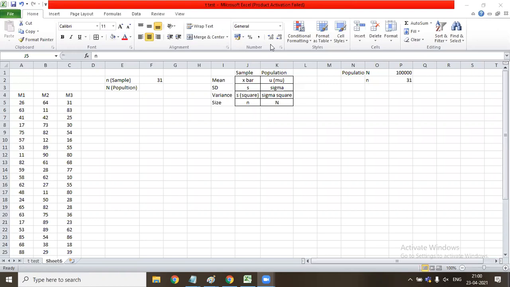Sir, how are we going to calculate the variance together, as you said? I have M1, M2 and M3. If I place M2 under M1 and M3 under M2, and take the standard deviation of all together and square it, then I'll calculate the variance. What do you mean by placing under M1? M1 has how many samples? 31.